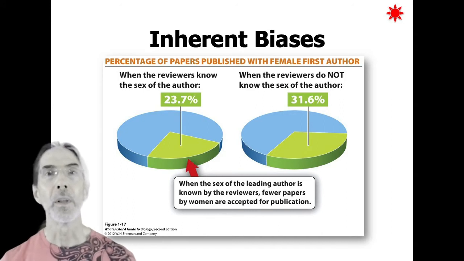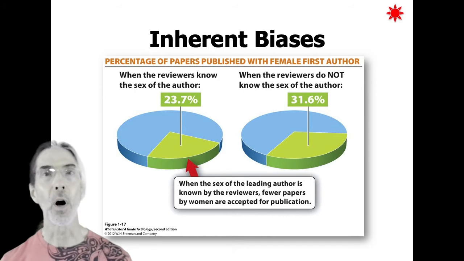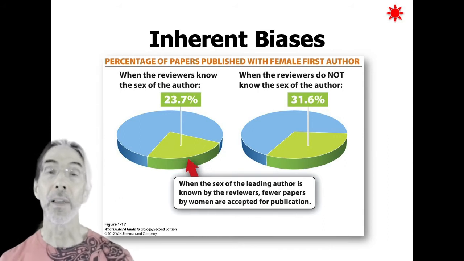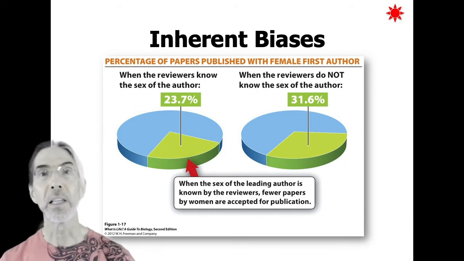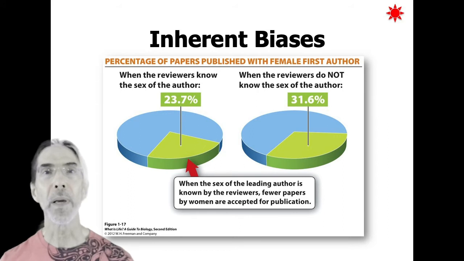In this experiment, the reviewers were either allowed or not allowed to know the gender of the author. When they knew the gender of the author, female authors were less likely to be published. Now, this is an older experiment. This data is extremely well known, and lots of mechanisms have been put in place to try to rectify this